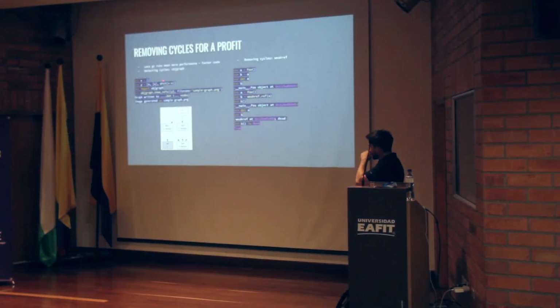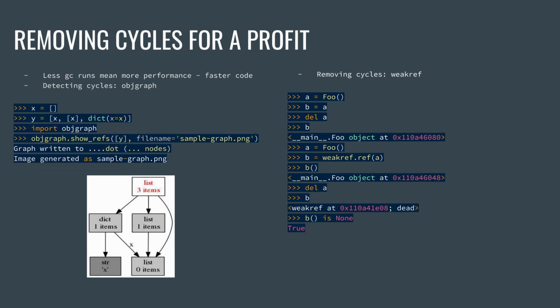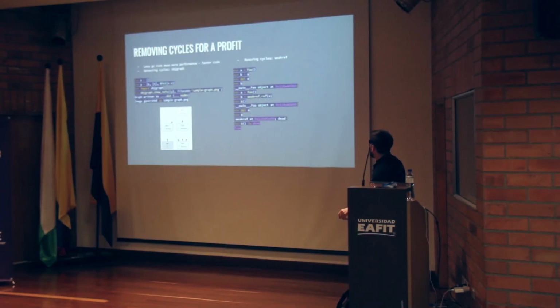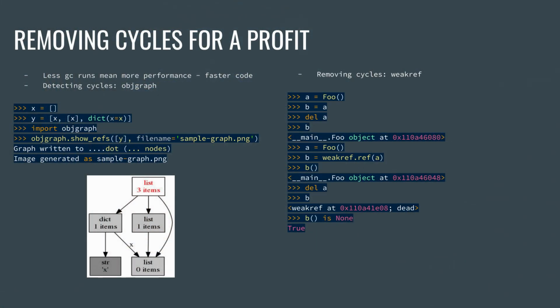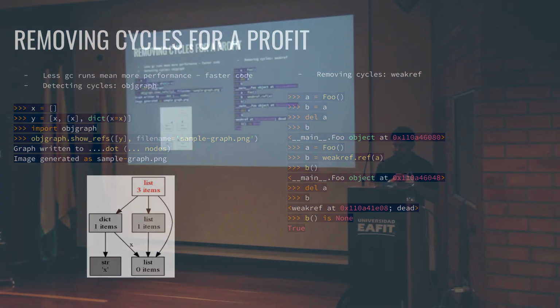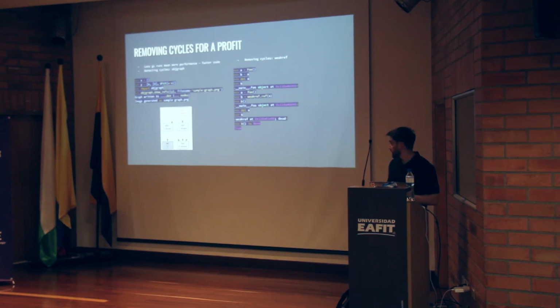What it does is simply take your object, which you can pass to the objgraph show_refs function, and it will print a graph of your object. Right here, there are no cycles, right? And once you find those cycles, you can get rid of them by passing the objects in a different way if there is no other option, but there is also an option to use weakref.